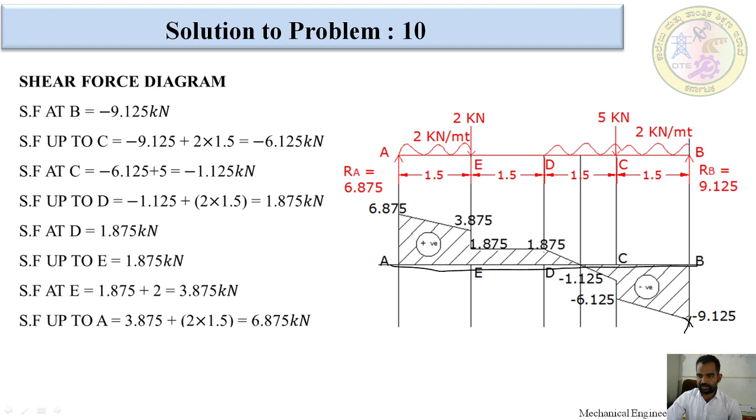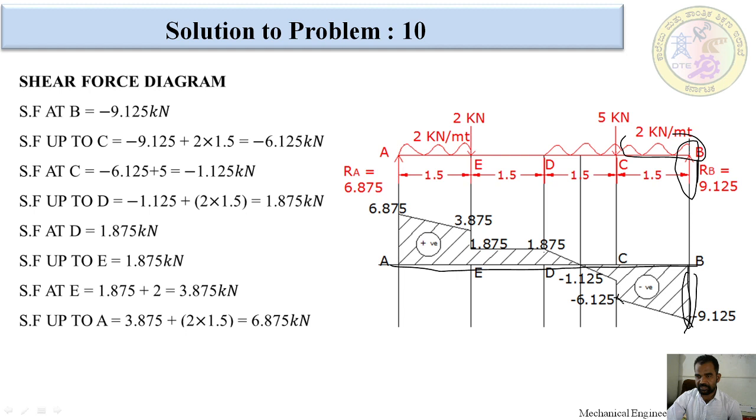Okay, this is the zero line. This is the front line. We have to draw it vertically up to here. Wherever there is a point load, there would be a vertical line on the shear force diagram. After that, for the UDL, don't simply draw a horizontal line. We have to mark it at C point first of all. Up to C point we got negative 6.125, mark it here.